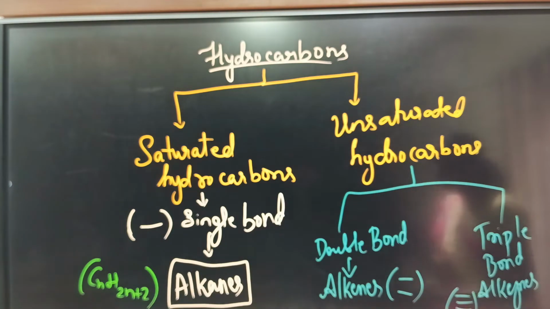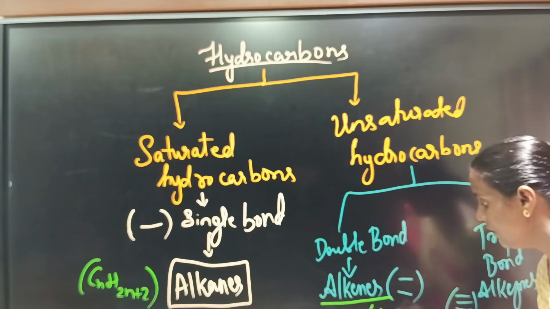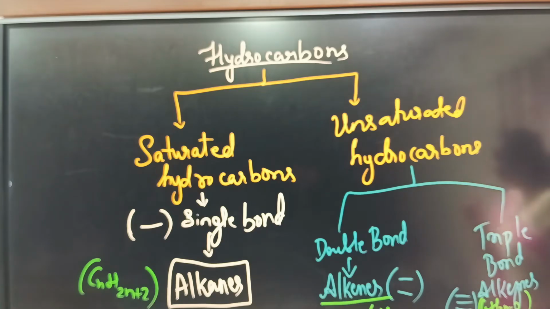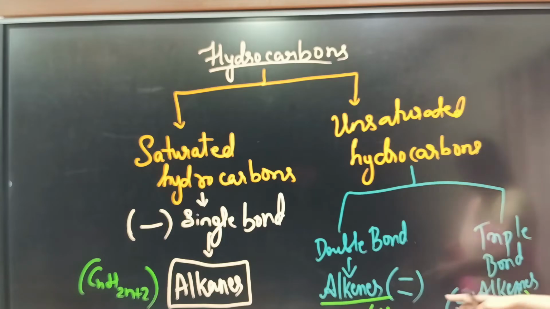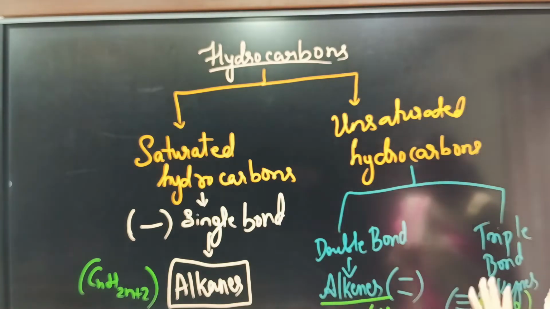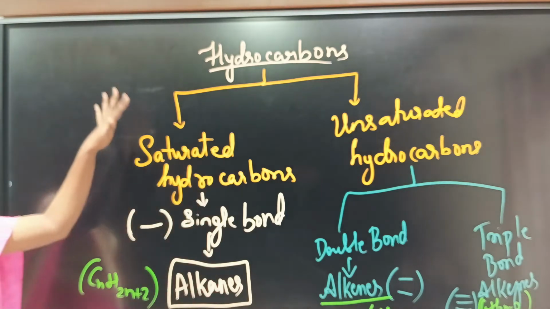Then coming to double bond, the general formula of alkenes is CnH2n. Okay. And triple bond, what is that? CnH2n-2. Okay. General formula of alkenes. Fine. Got it? Sorry, this is alkynes. Alkynes is CnH2n-2. Okay. Now moving further, in short, if they ask the classification,